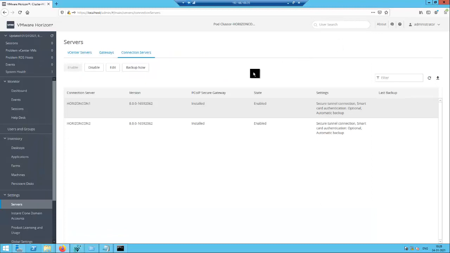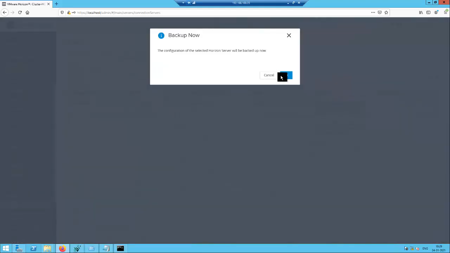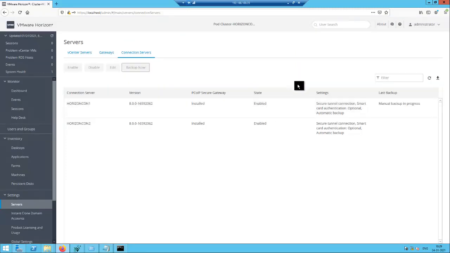Before upgrading the connection server, we have to take the backup of this ADAM database. So I am going to initiate the backup now. Select the connection server, initiate the backup. Backup is in process. Again we need to do it for the other connection server.